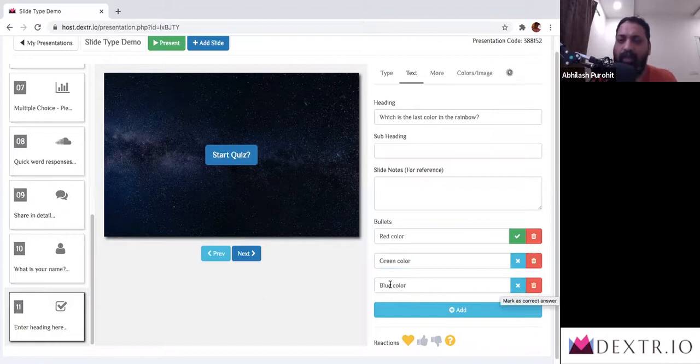Assume there were two correct answers possible to this. Violet is one way of looking at it as the last one. So if I was to click outside of that, update that to violet, I can click on this. Whether they select either red color or violet color, the participants are going to be marked as correct, and green color is going to be marked as wrong. So this is how you create the quiz, except there is one final step to do in this,